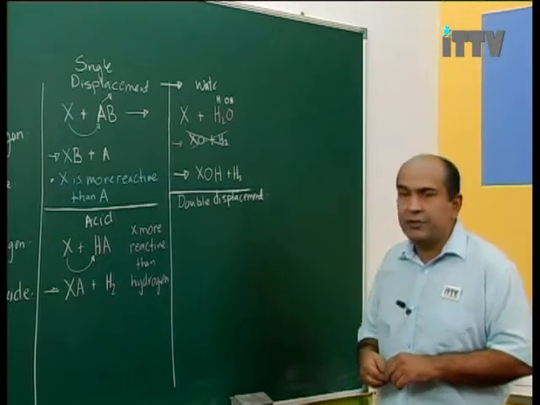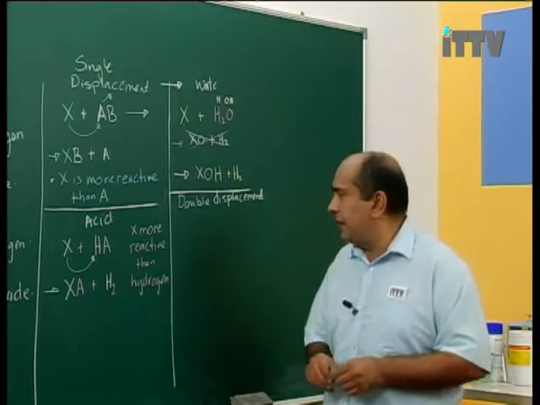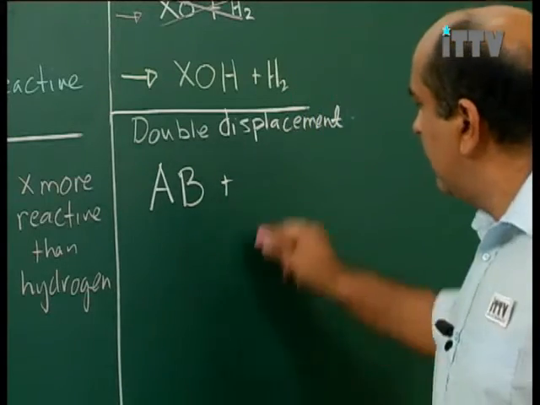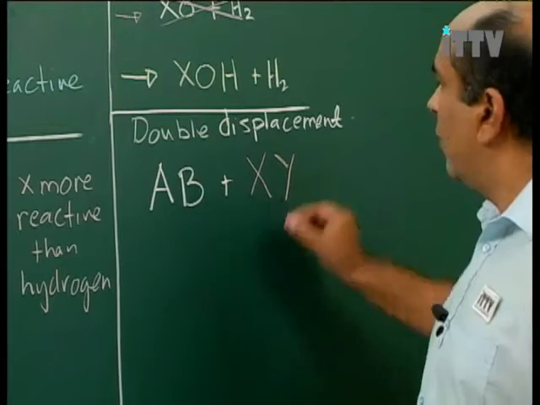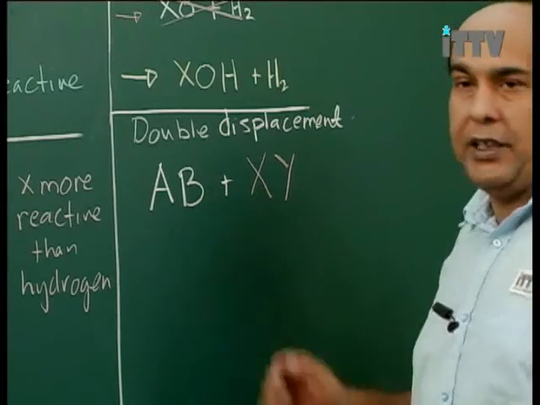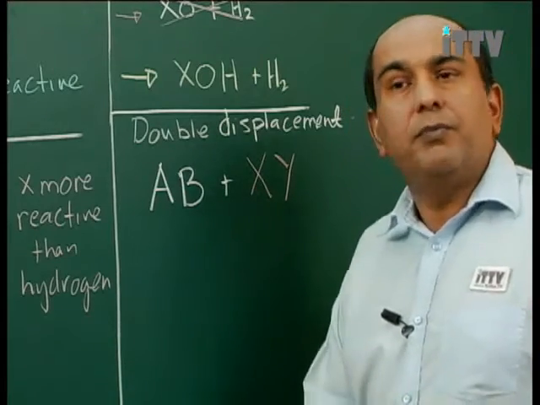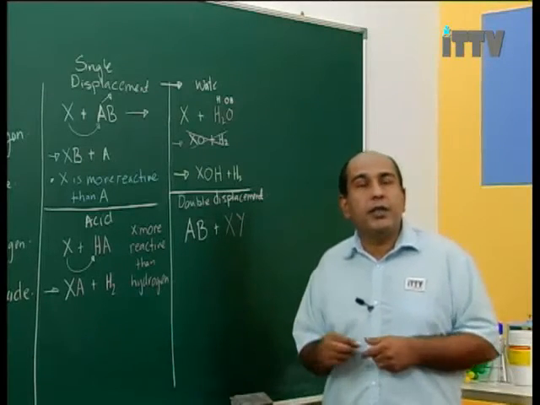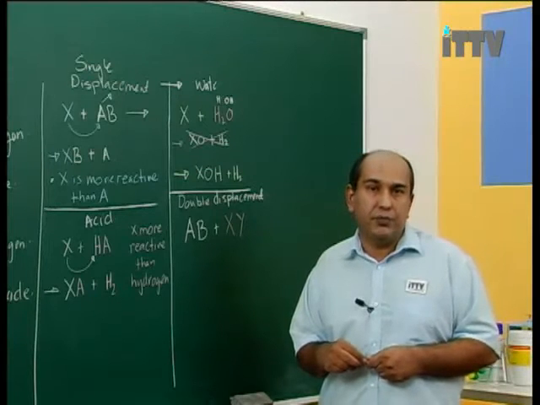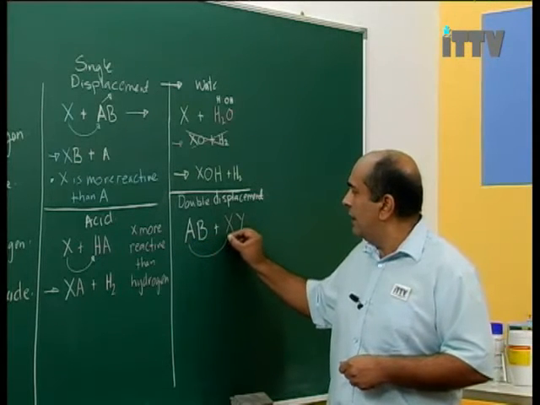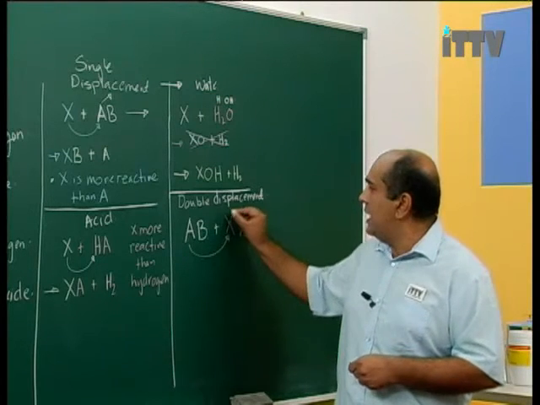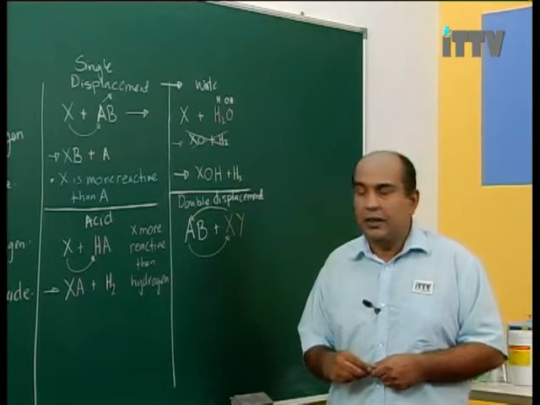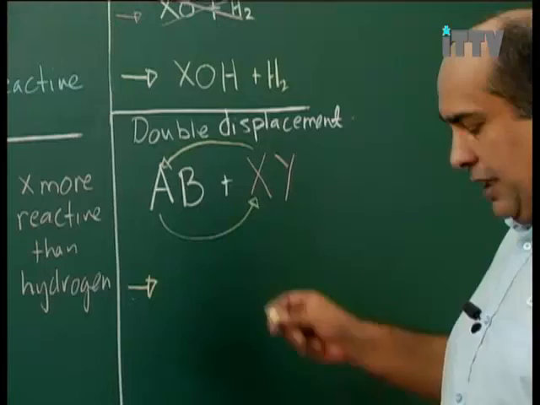So we're looking at a double displacement. Let's try and put out a generic equation for this. Let's say we have AB reacting with XY. Now, when AB reacts with XY, normally the cations, the positive ions, are written in the front. So these are the positive ions. What's going to occur is, like we said, they're going to change places. A is going to go to where X is, and X is going to go to where A is. Very straightforward and simple, which means that my new product is going to be